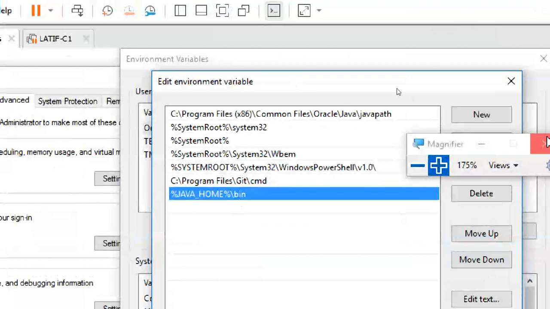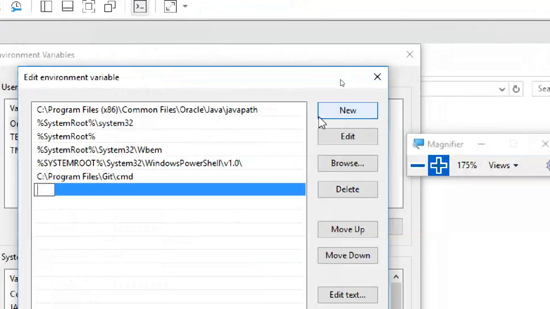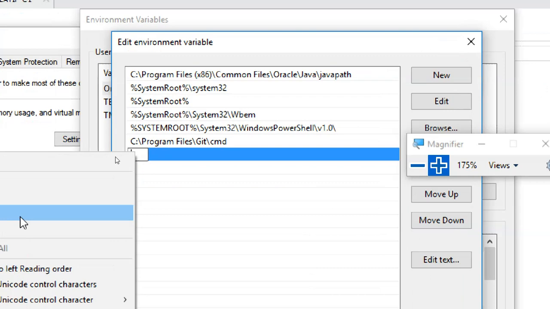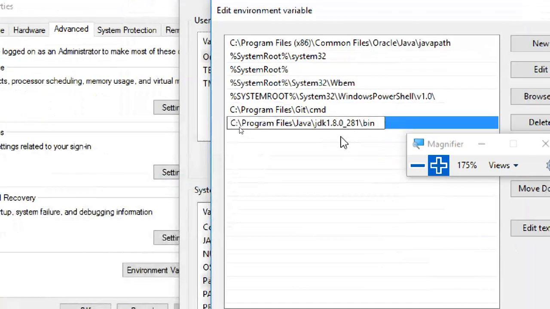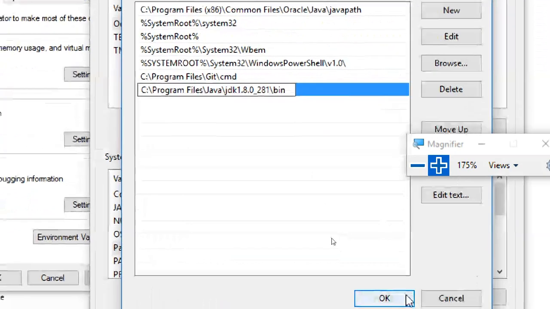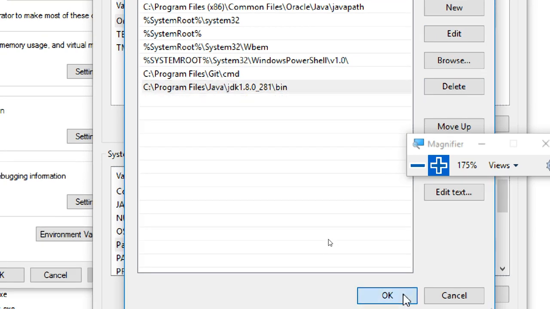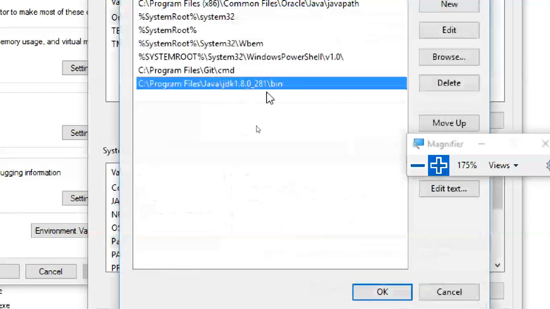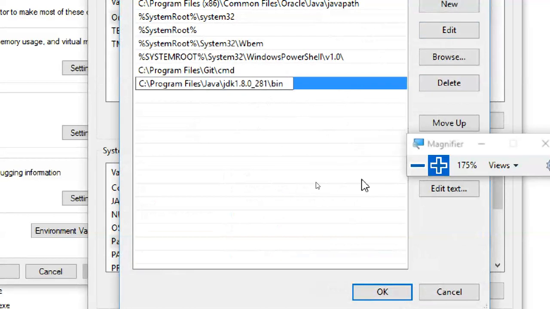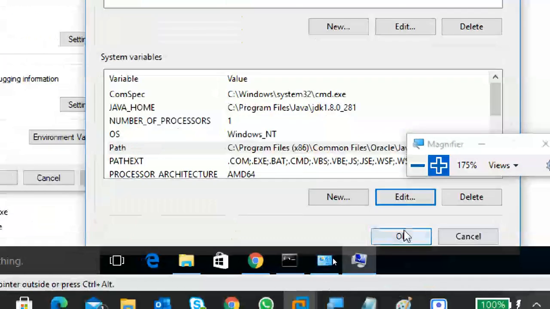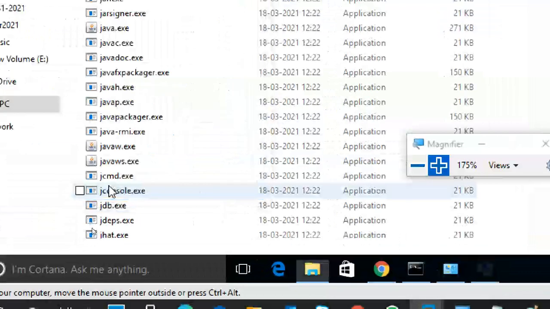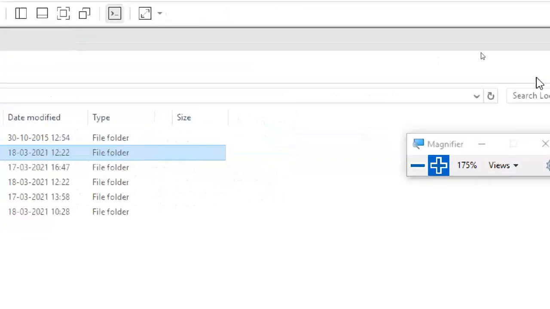Then I'm going to this one. Either you keep the old entry or you can remove it. So I remove this one and put a new one. Otherwise, don't remove it, keep it. You give the exact path. So it won't give confusion between the Java home and here. Like this also you can give. Complete path you can give, or as I said, like that also. If you want to edit something, you can go to Edit and change it. Then OK, OK. Then the path is set.